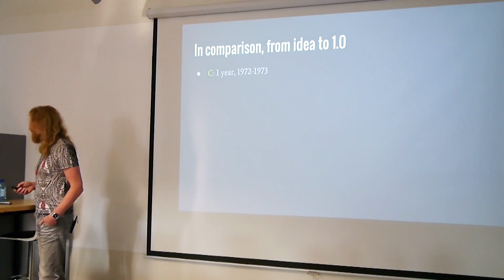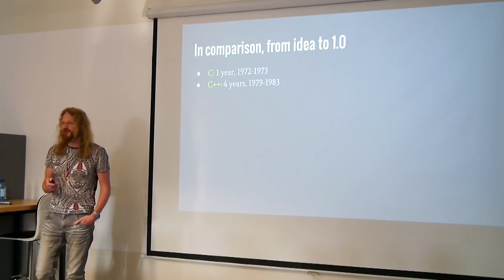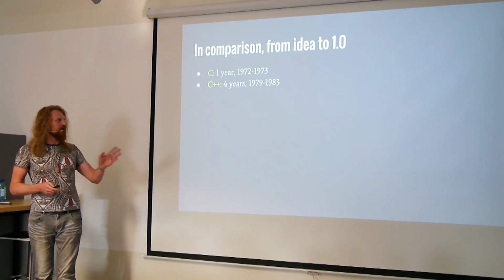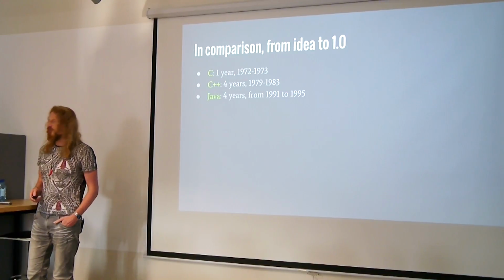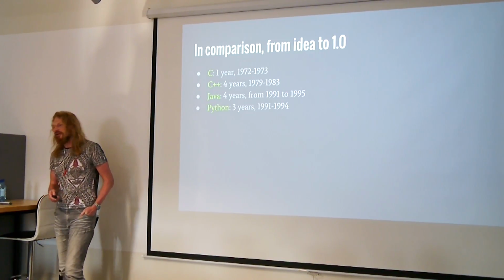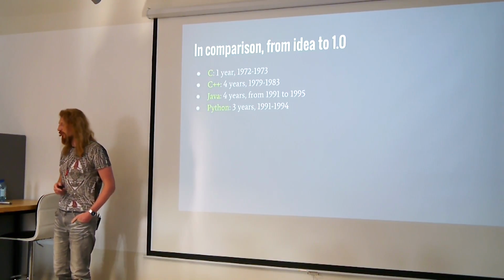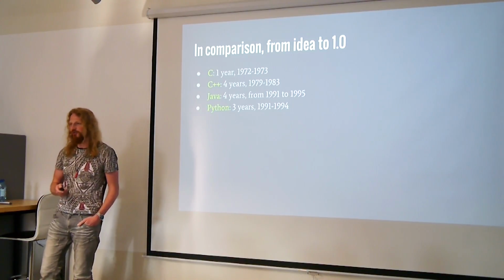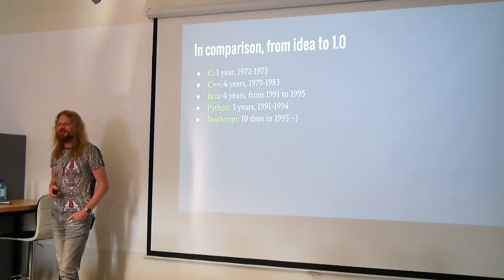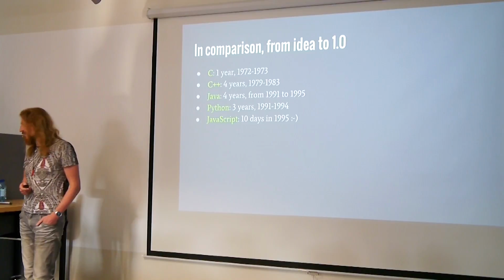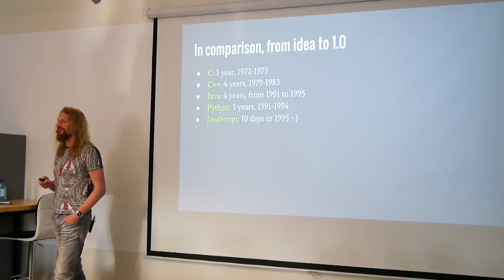But let's look at some other languages. C was developed during 1 year. C++ was developed during 4 years. I'm talking about the first 1.0, of course; they are all developing since then. Java took 4 years, Python 3 years. Actually, I think people started using Python much earlier; the first prototype was like 2 weeks or something. JavaScript is very famous. From that you can see that it's much easier to create a dynamic language, which is powerful but dangerous, as we have learned before.